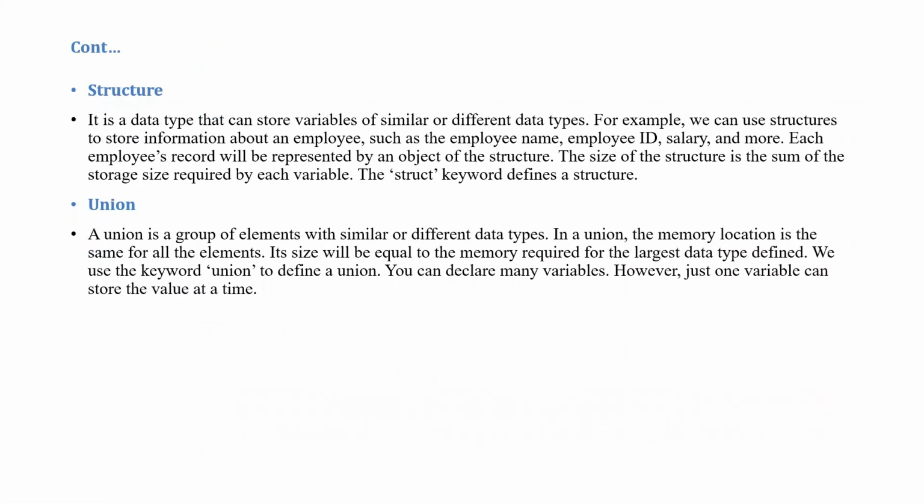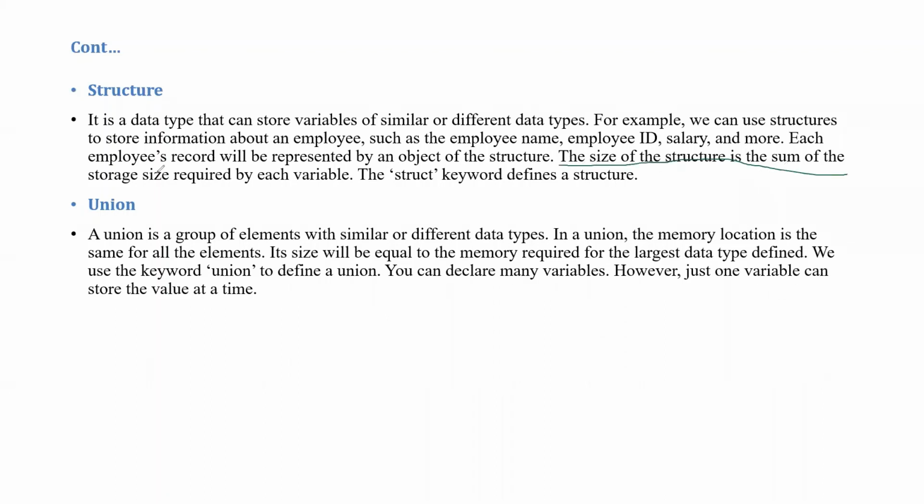So similarly, we have structure and union. It is nothing but a combination of similar or different data types. Structure and union both are combinations of similar or different data types. But there is a difference between structure and union. The size of the structure is the sum of the storage size required by each variable. So if I use 4 integer values in a structure,